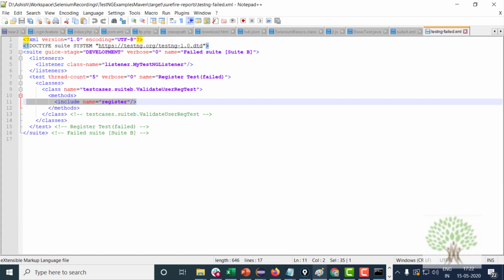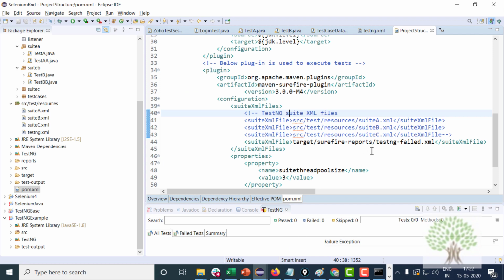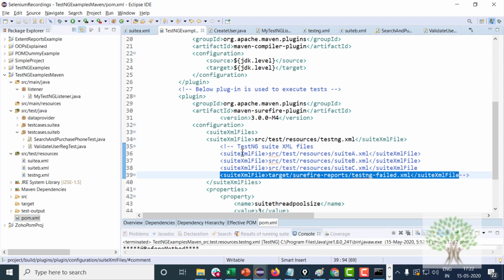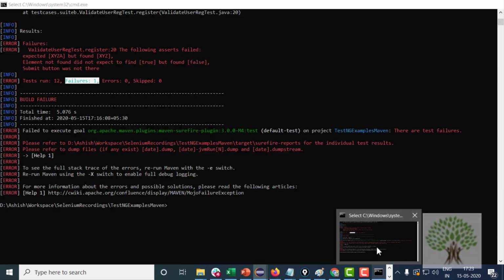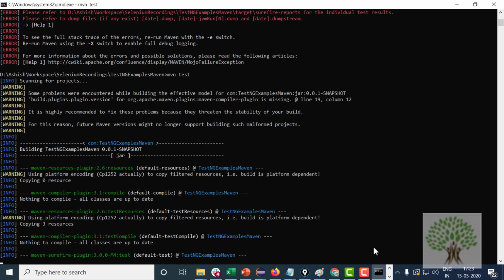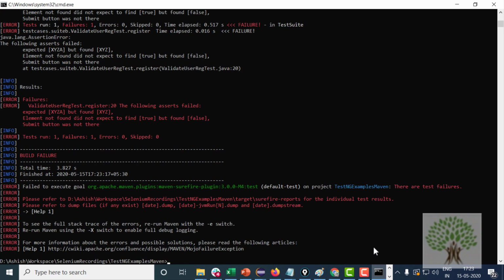So what I can do is simply give the path of this particular file. Instead of my testng.xml, I can give the path of this file and simply fire the mvn test command again, and all the tests mentioned in that file will be executed.